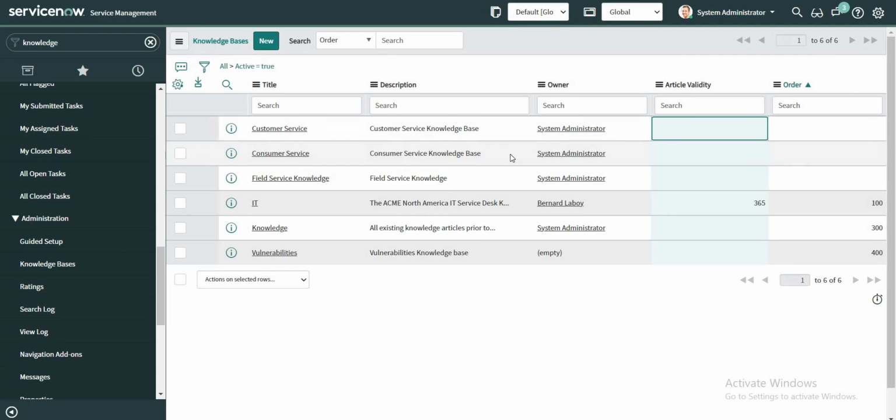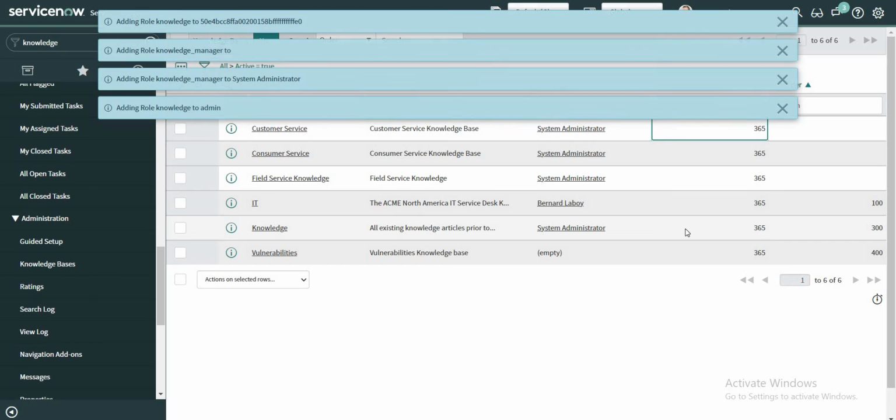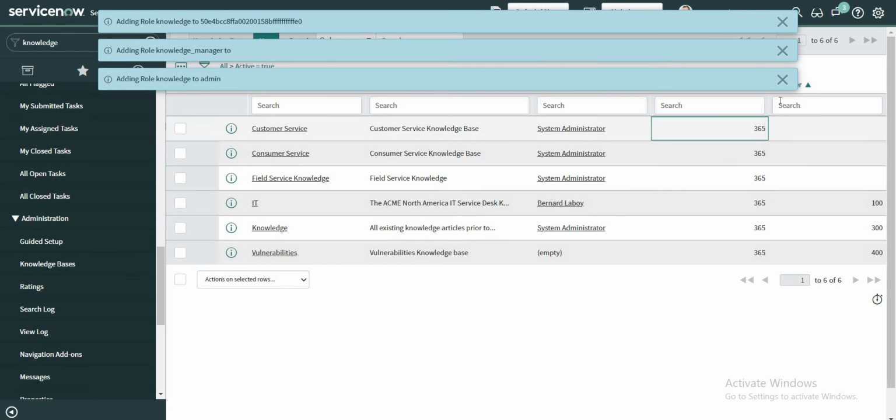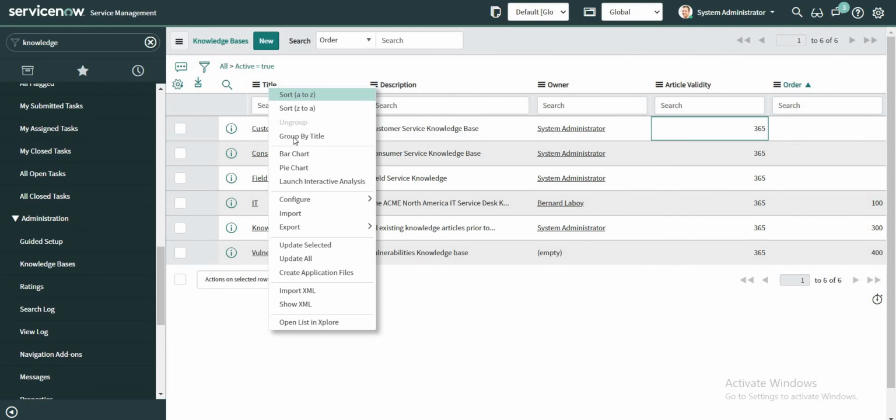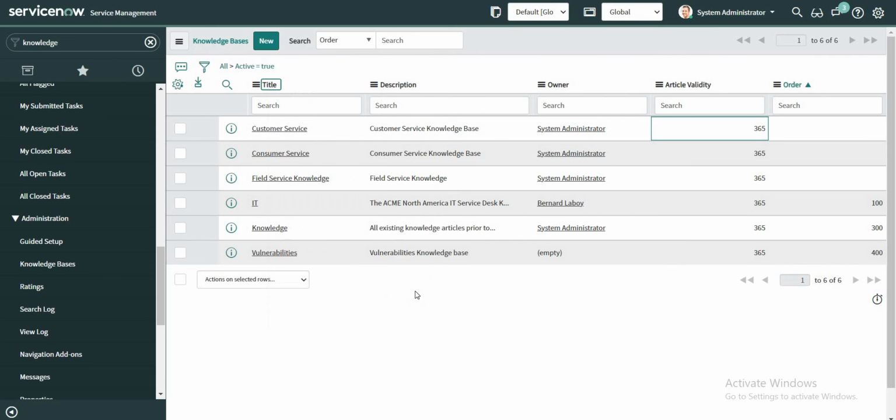So for a limited number of knowledge bases, they can be updated manually by double clicking here. Let's say I want to expire my knowledge articles after 1 year, so I can update it here. Let's ignore this for now. For all these knowledge bases, if I create a knowledge article on any one of them, it will set the valid to date after 1 year. Now what about the new knowledge bases which are going to get created? I don't want to keep updating this manually. So what I can do is create a business rule,